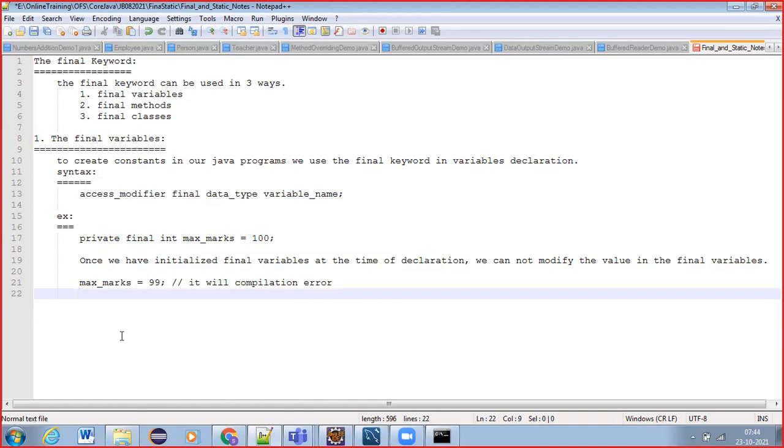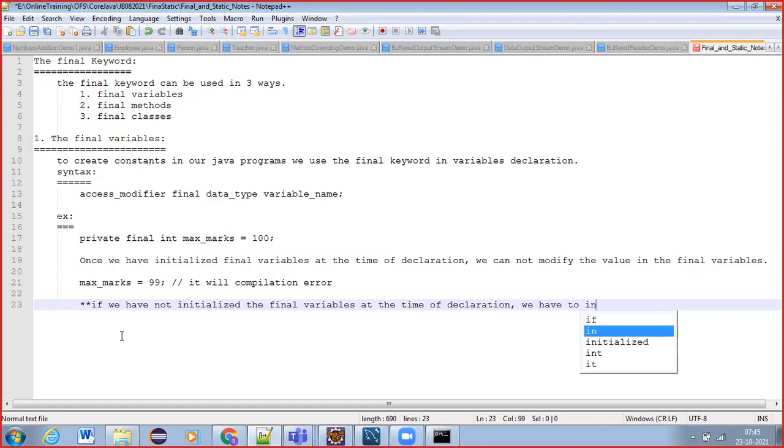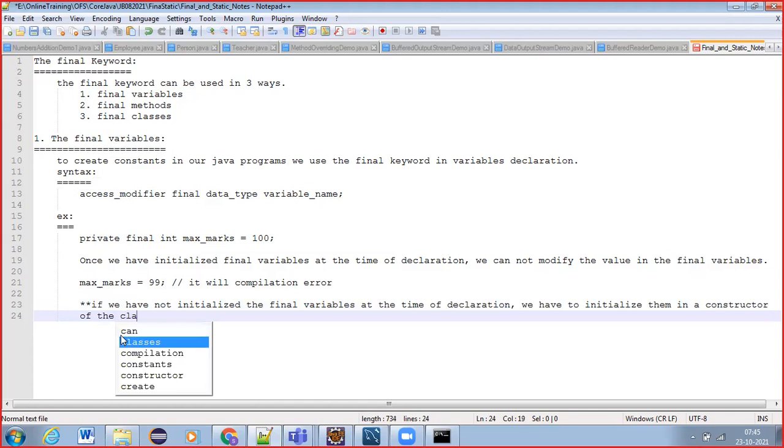But the point that we need to remember is, if we have not initialized the final variables at the time of declaration, we have to initialize them in a constructor of the class.